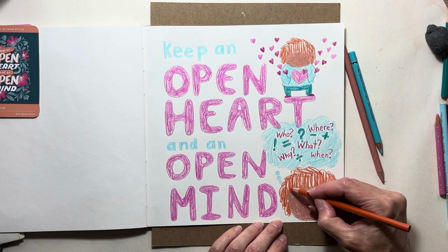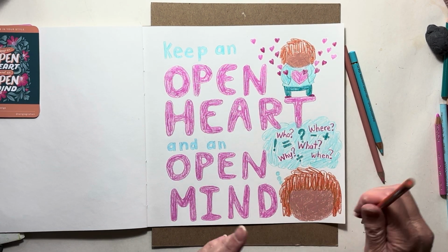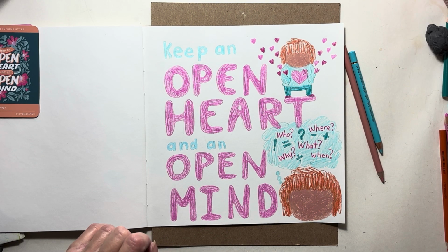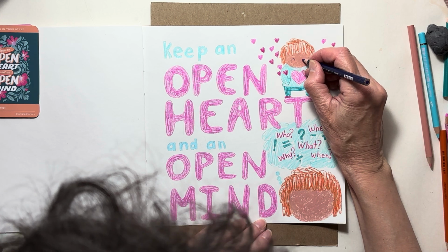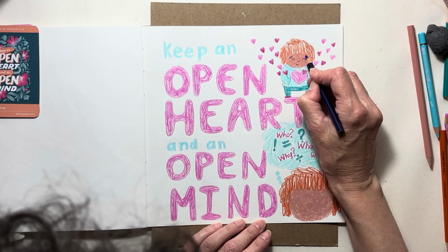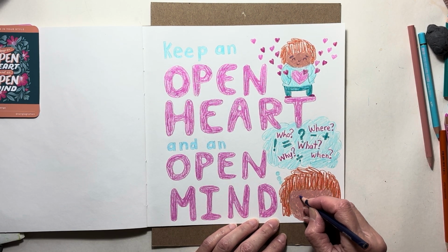Okay. Let's see if I can kind of... Oh, I think it needs to dry more before I can effectively... Like I said, I'm not super keen on that hair. I want what? My violet for... where's my violet? Oh, there it is. Well, maybe we need a little more of a chin there. Oh yeah, and I kind of want